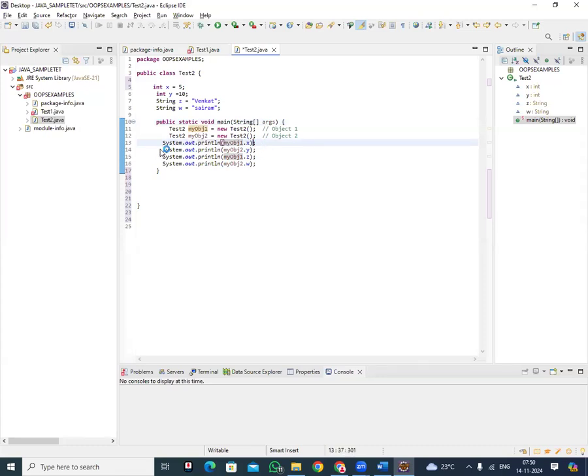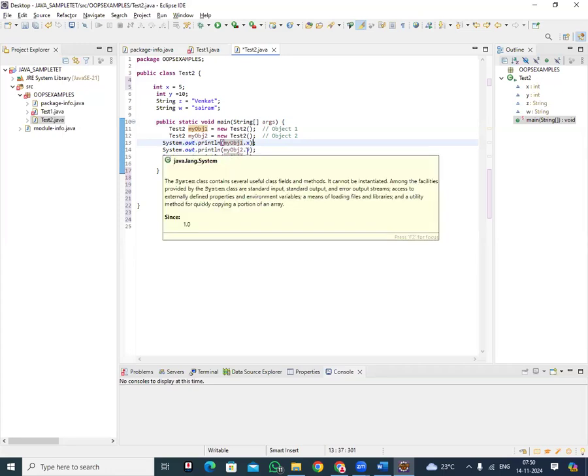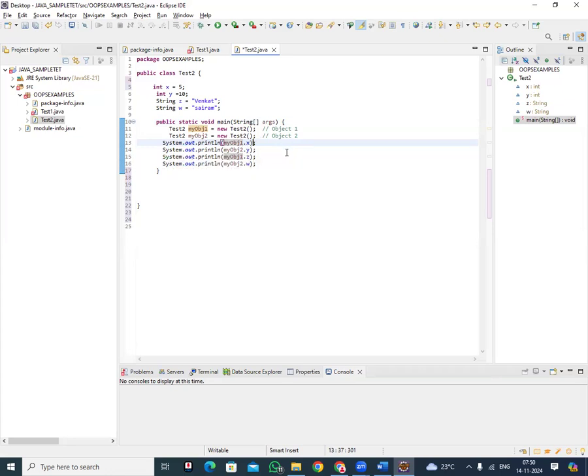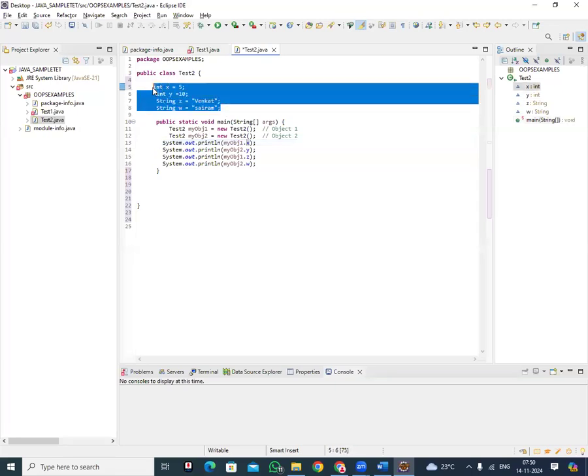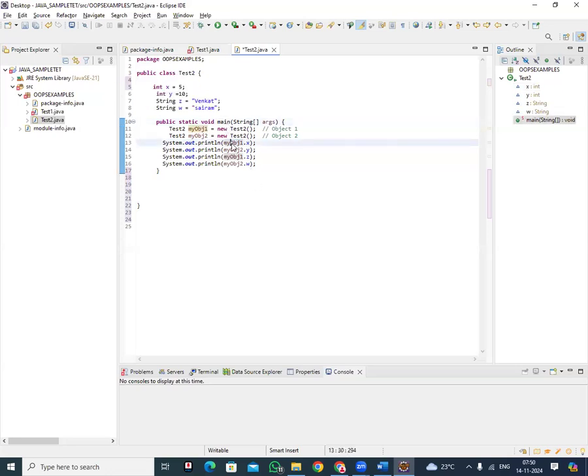So in Java, when you are writing the system.out.println method in a class, you are asking the program to print some value. What value is it printing? My object one dot x. Why am I giving my object one dot x? In a Java class, for accessing the properties and the methods, we always use an object. You can't access them directly because this class is a